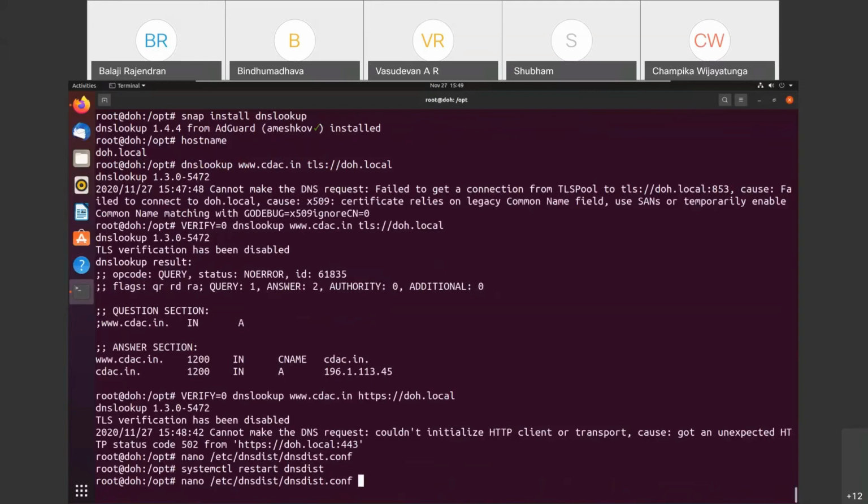Now if we want to avoid this certificate check, we can use any of the DOH services which are available for free, like dns.google.